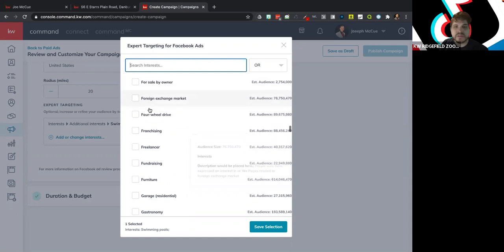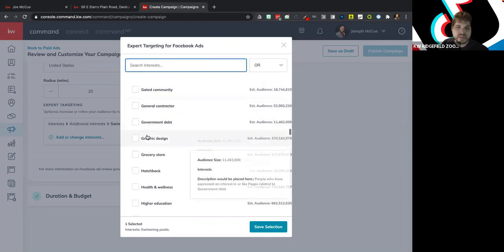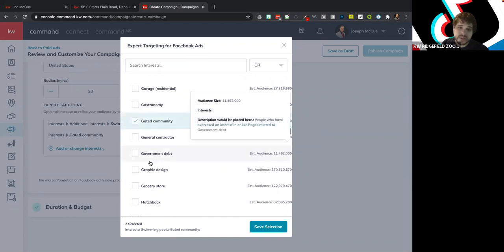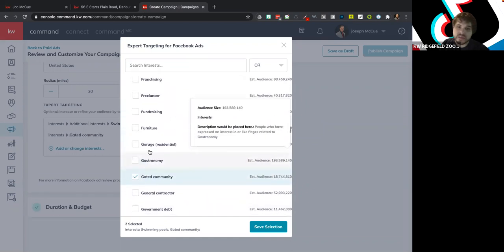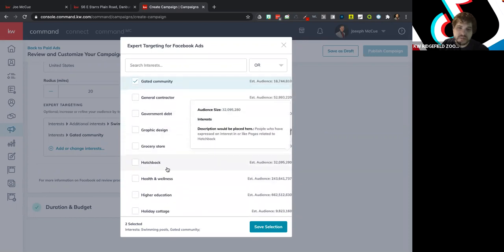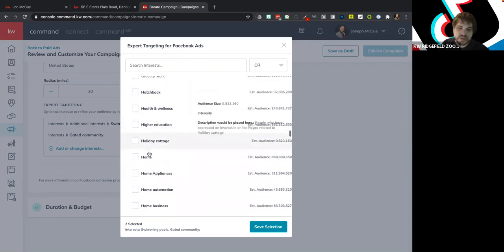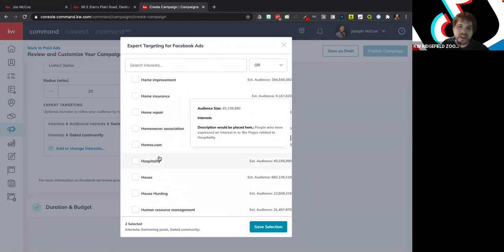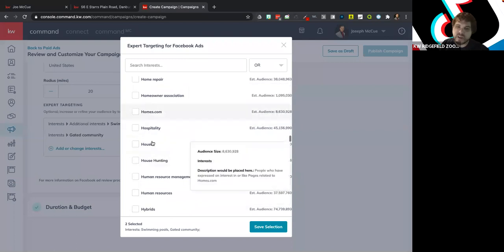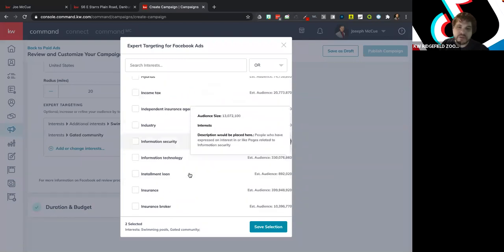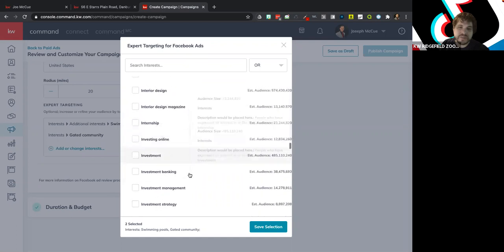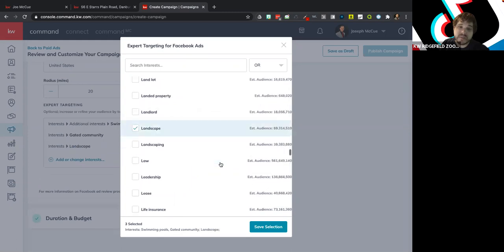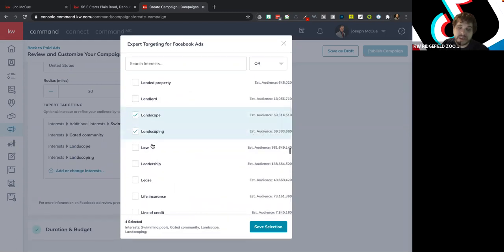EFG, HIJK, let's see, gated community. We could say gated community. We could say, no, gross. No, gardening's not in here. Appliances, home business. Again, I'm trying to find interests, not necessarily things like homes.com or house. I'm trying to find interests. So landscape, I don't know, maybe landscaping. I don't know if that's going to